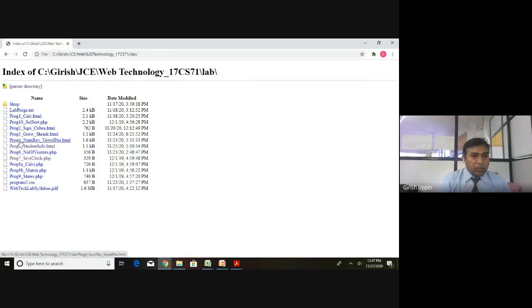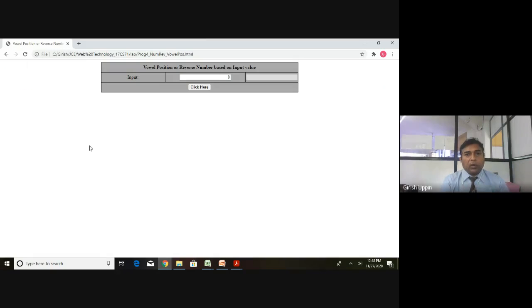Okay, this is program number 4. So this is how it will look. First I want you to focus on the UI, how we are going to display it. Just focus on the display part, and the display part is taken care of by the HTML.